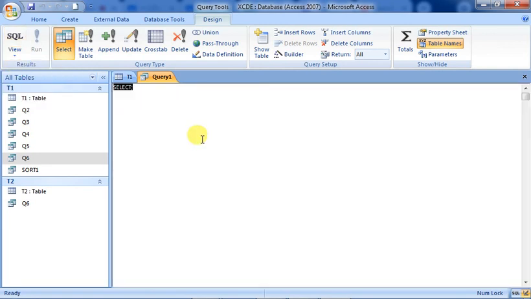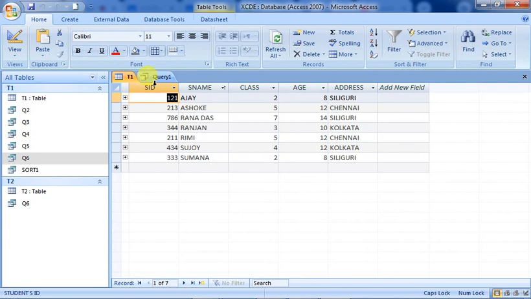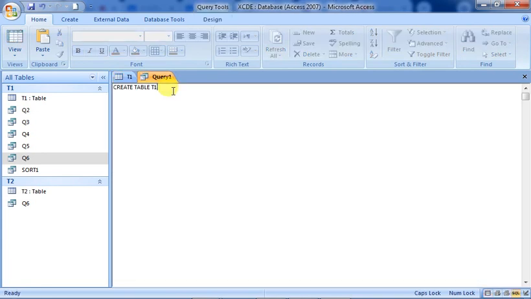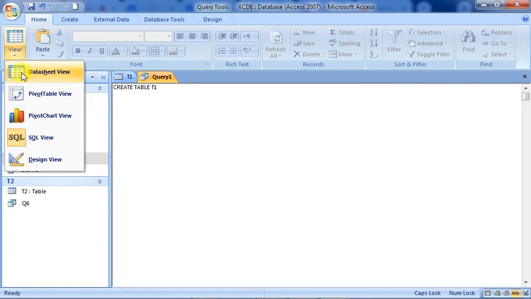Now I will create the table. First of all, you see how to create the table using SQL. I will keep a common field. What common field should I keep here? I will keep the SID as the common field. This one I am making using the SQL view. So we have the datasheet view, SQL view, and design view. These are what we mostly use, and now I am using SQL view. Students, if you don't understand, please tell me.